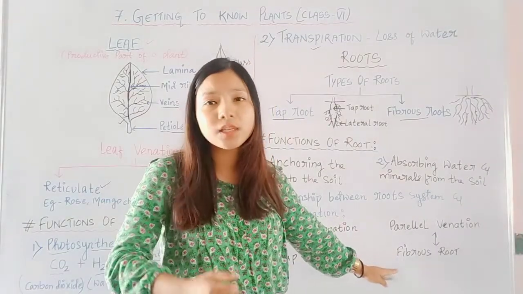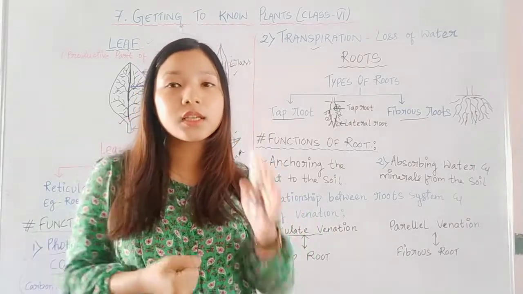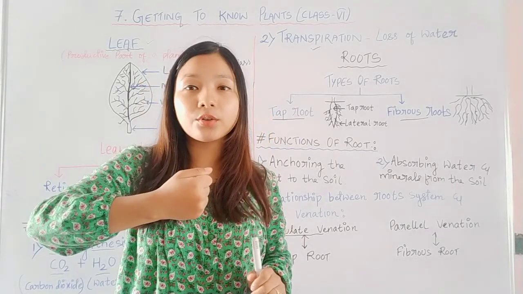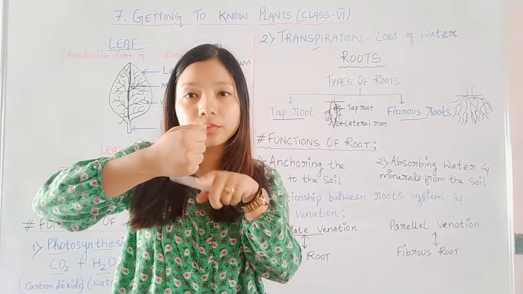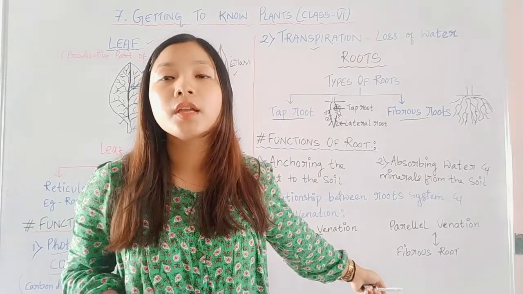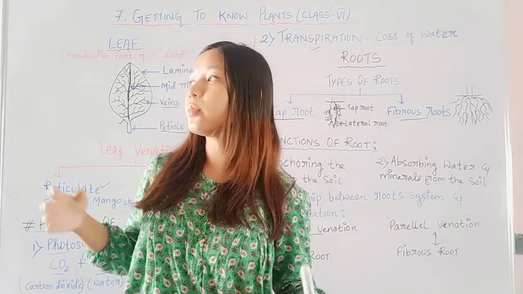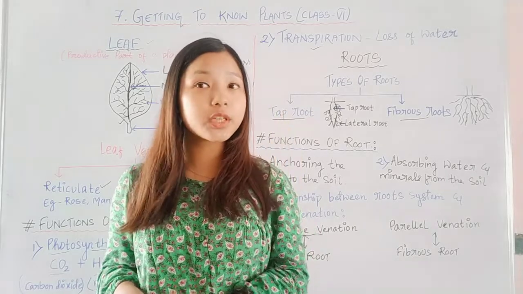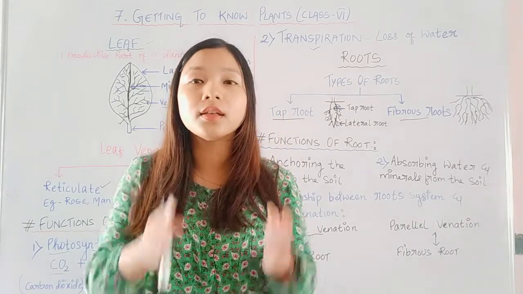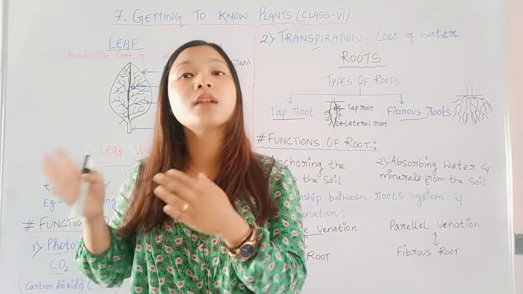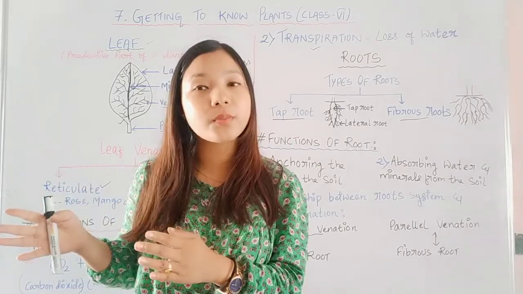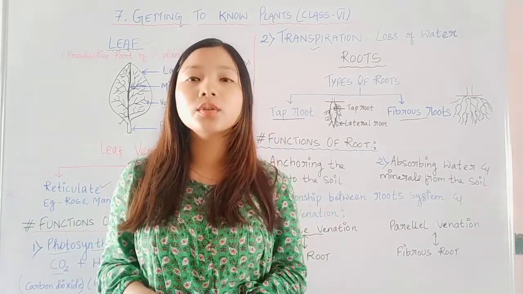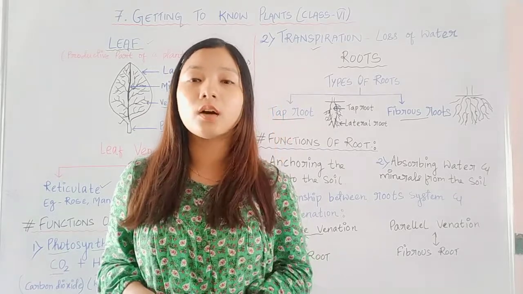For this you can easily pull out grass. You will see the venation of the grass is parallel venation, and if you pluck it out from the soil, you can observe the roots will be of fibrous type. So what you can do is roam around in your garden and see which type of plant has which kind of venation, and if it has reticulate venation, what type of roots it will have, and if it has parallel venation, what type of roots it will have. So easily, without looking at the roots and only at the leaves, you can find out the type of root of that plant.